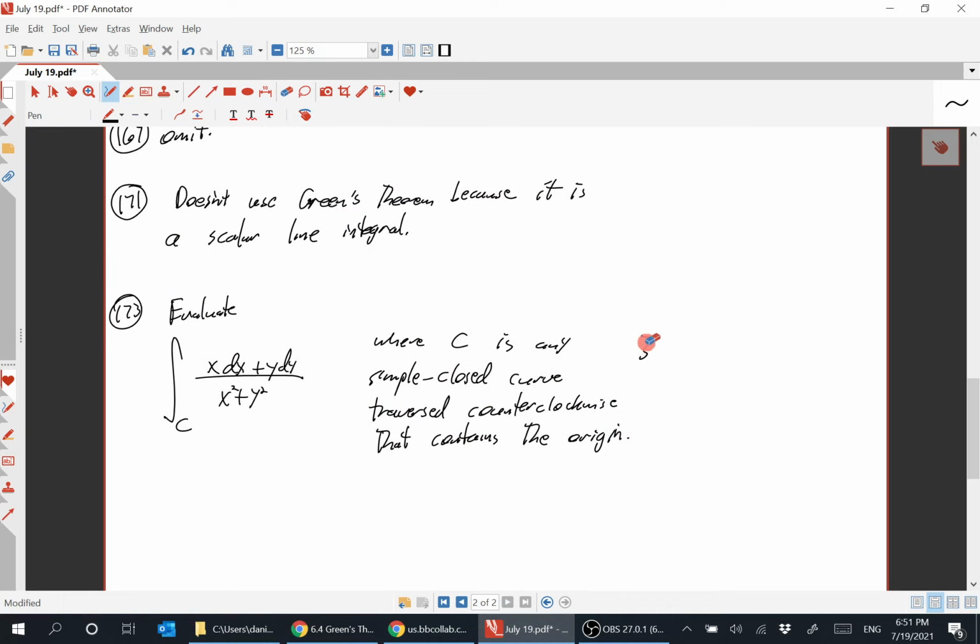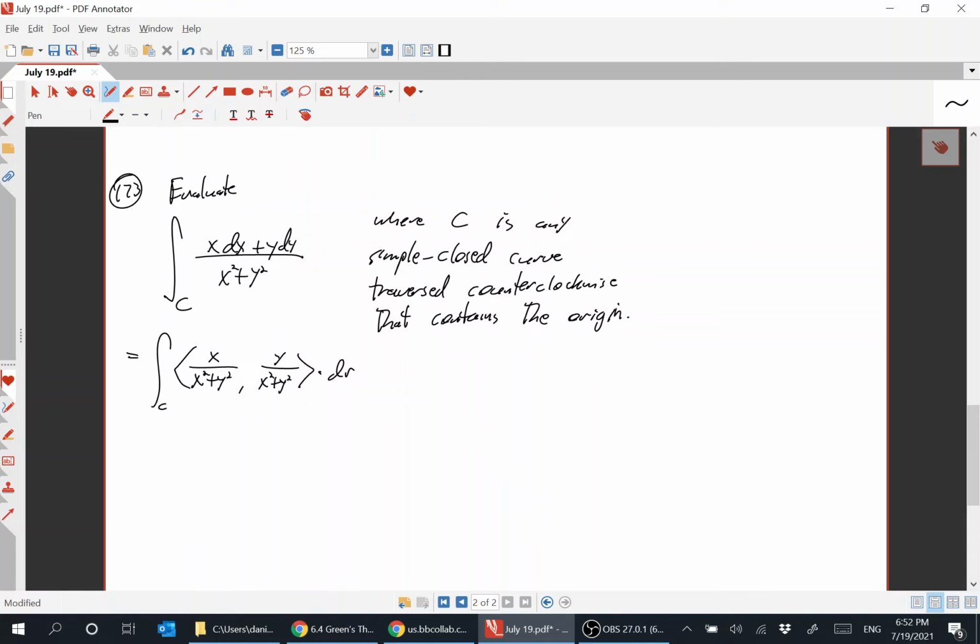Right, because this looks like this. This is the line integral over C, so it's x over x squared plus y squared, comma, y over x squared plus y squared, like that. Right, because this denominator distributes over the addition in the numerator. C is any simple closed curve. So if they mean that, they must mean, let's take C to be